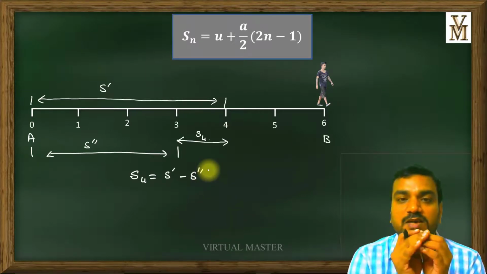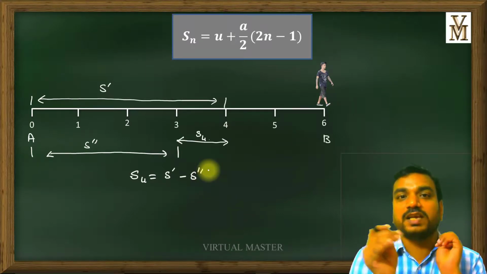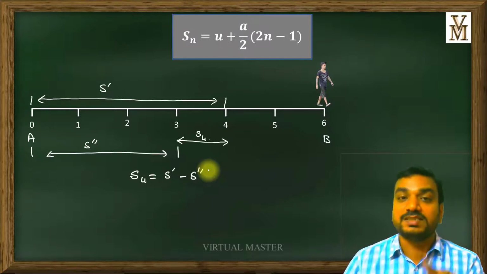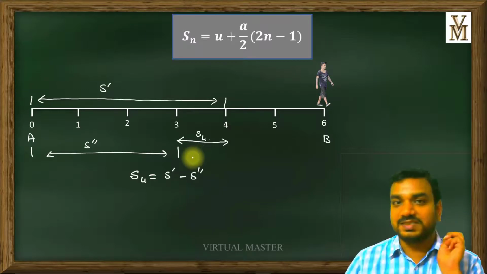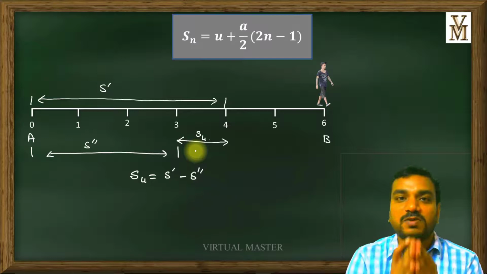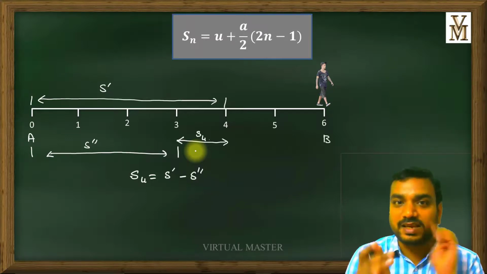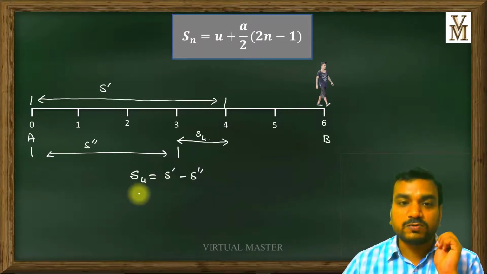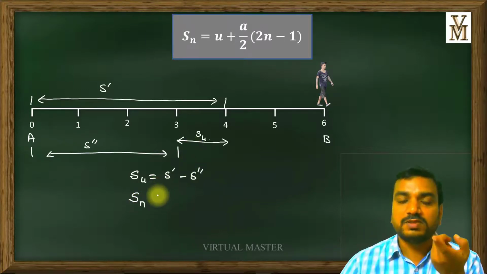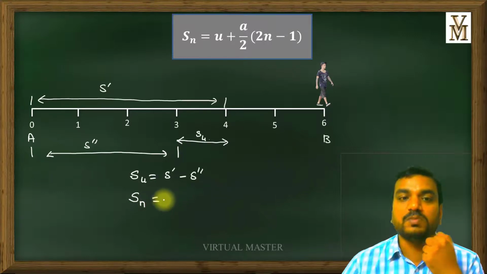Okay, the distance covered by the boy during the 4th second will be equal to the distance covered by the boy in 4 seconds minus the distance covered by the boy in 3 seconds. In general, if you want to find the distance covered by the object during the nth second, then we are going to write Sn will be equal to